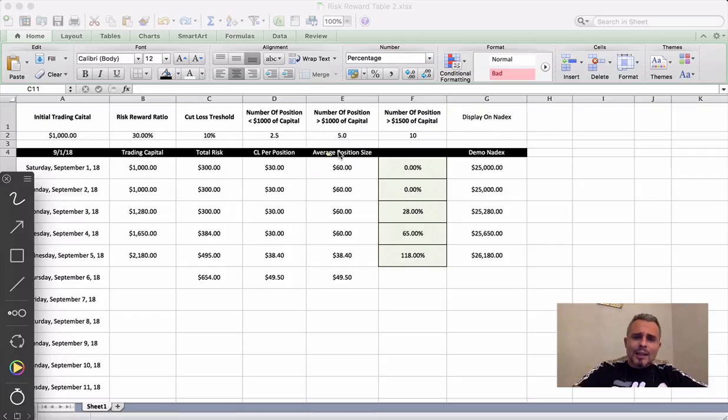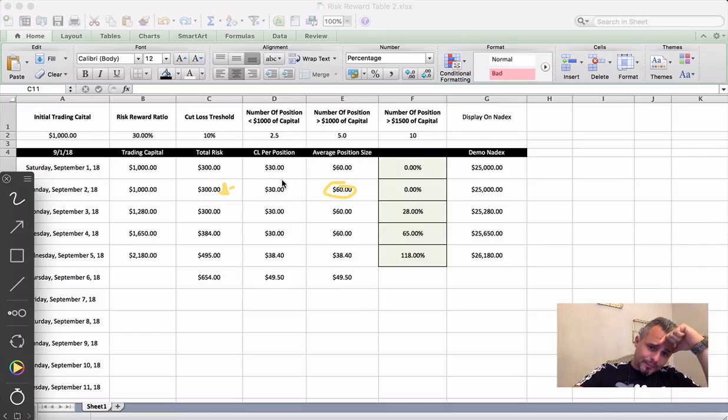Okay, and then here you have the average position size. This is a variable average position size, and it is based on the size of your trading capital. That means that the more trading capital you raise, the more positions you can have open at the same time. All right. So to give you a practical example, in this particular case, you have 5 positions on a $60 average that will sum up to